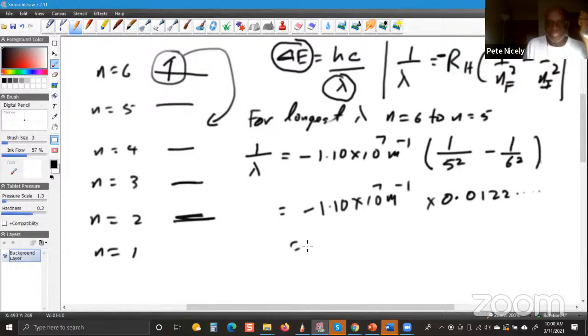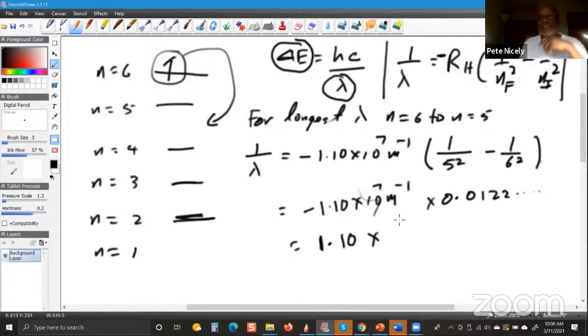rounded off to 3 sig figs would be 1.10 times 10 to the 7. Okay, I did something wrong here. I don't know what to do. So let me redo this part. 0.0122 times 1.10 times 10 to the 7. Okay, I knew I did something wrong. So let me erase this here. Okay, so the answer when I did this on my calculator would be, let me go back to the pencil function here, would be